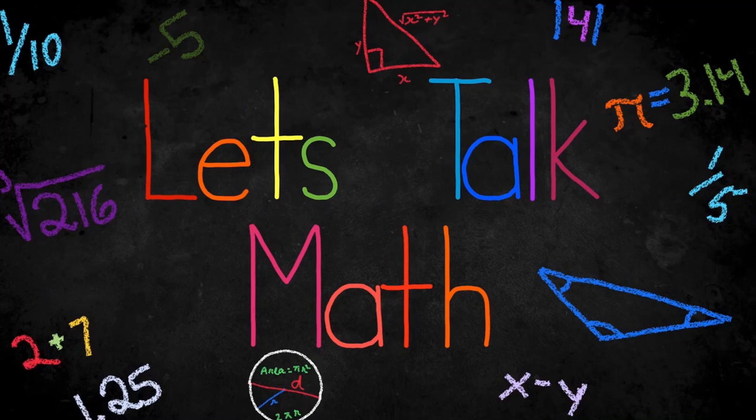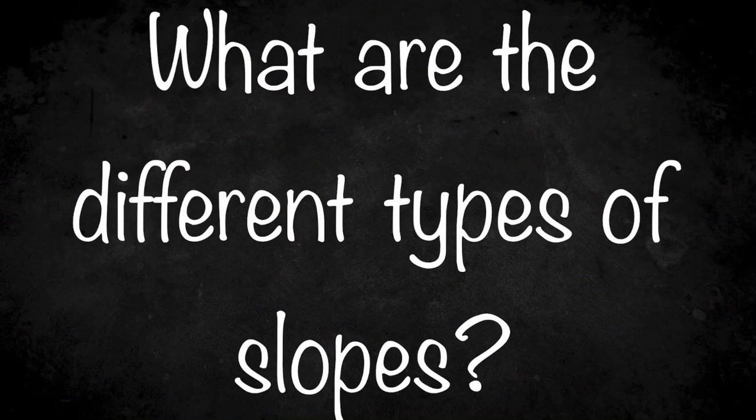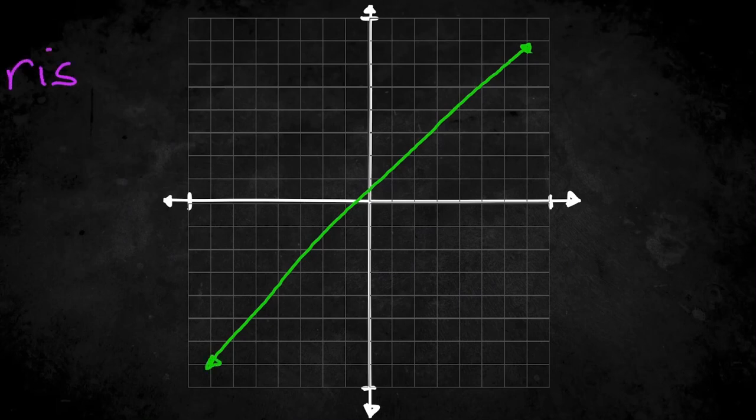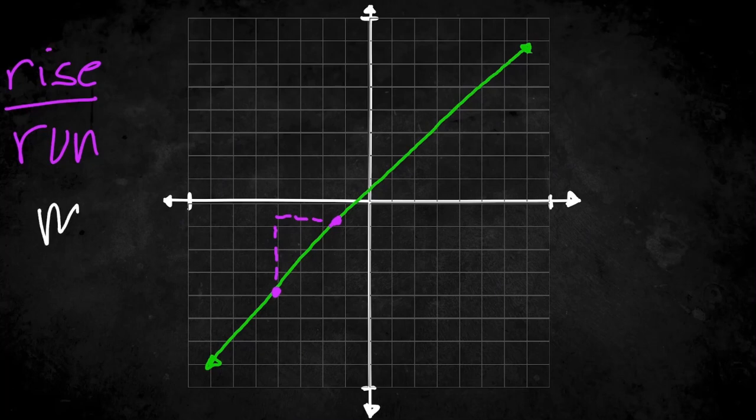In this video of Let's Talk Math, we're going to learn one of the different types of slopes. So, I'm just going to draw a line. Now, like all lines, this line has a slope which you may have heard as the rise over the run. For example, this is how much we rise and run to get to another point on that line, and it can also be represented as m, as you may have heard in the slope-intercept form, y equals mx